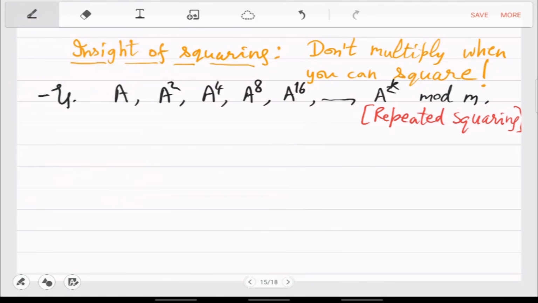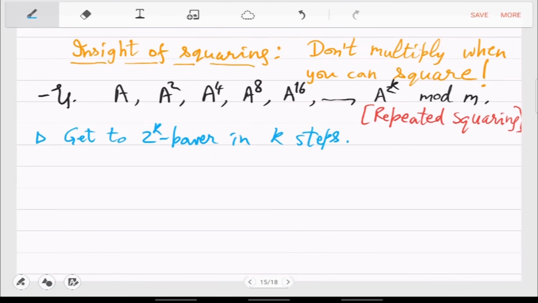So yeah, if you have not understood the details, you can work out the pseudocode. Let's just make some observations first. The first observation is that we are getting to 2 raised to k power in k steps.